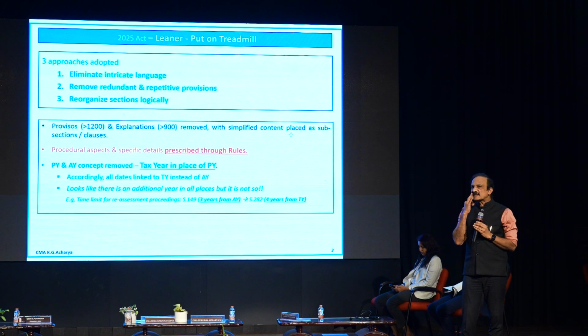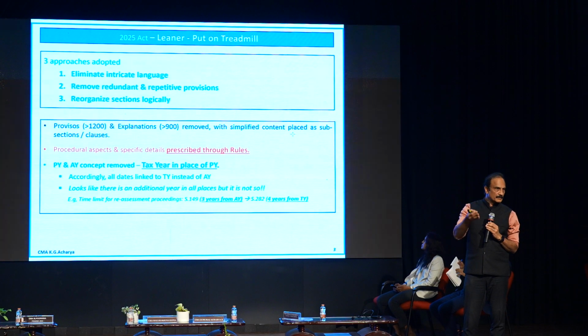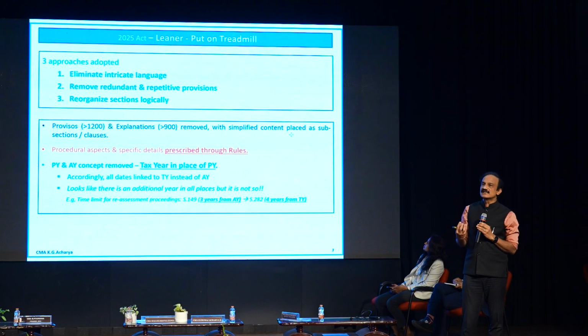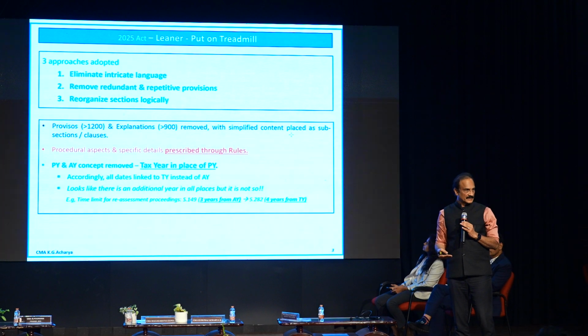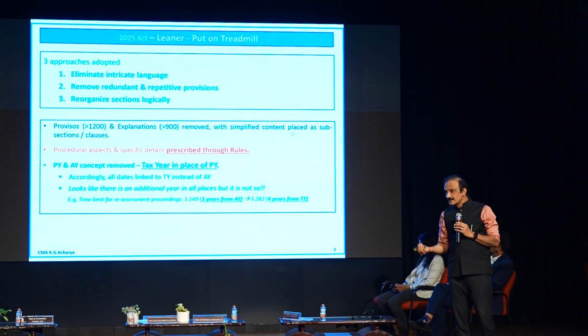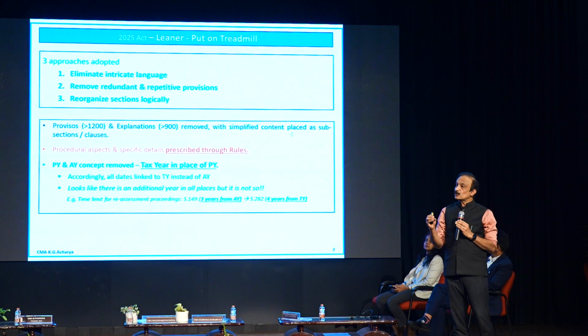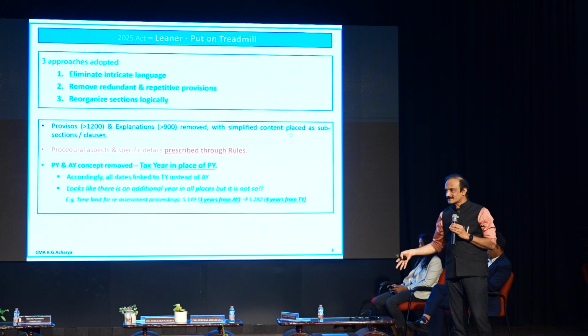One of the interesting rules is Rule 6DD. Those of you who are practicing in income tax will understand that Rule 6DD is the exception to section 40A3. Under 40A3, only 10,000 rupees can be paid in cash. However, I can pay more than 10,000 rupees based on the exceptions given in Rule 6DD, even if I have not paid by account payee cheque or account payee draft. That Rule 6DD today, interestingly, is Rule 26. Easy to remember because it is coming out of the Income Tax Rules 2026.